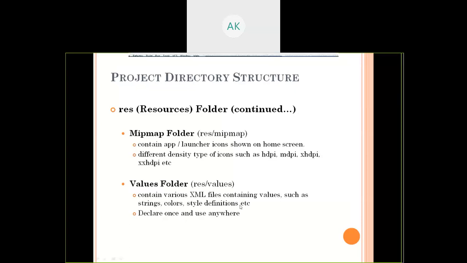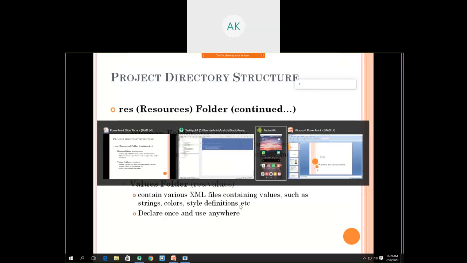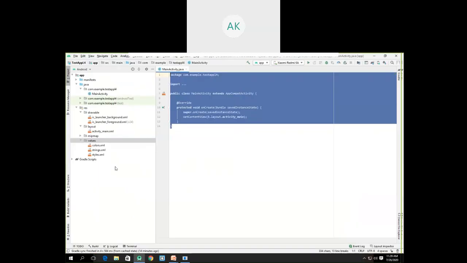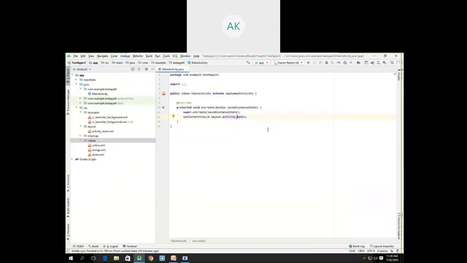Let me give you an example. Suppose you are trying to create an app which will communicate with a server. Suppose I have a method here, let's say void sendRequest. What it does is send a request to the server.